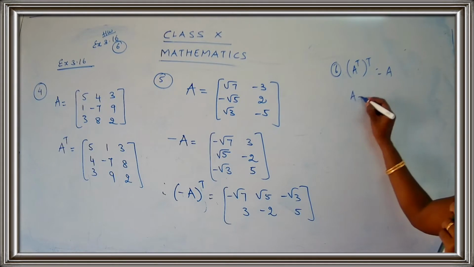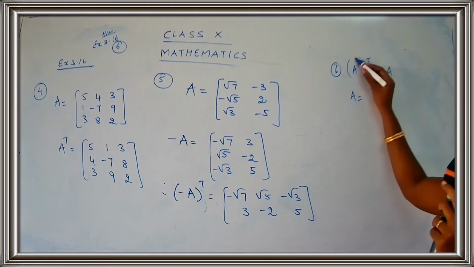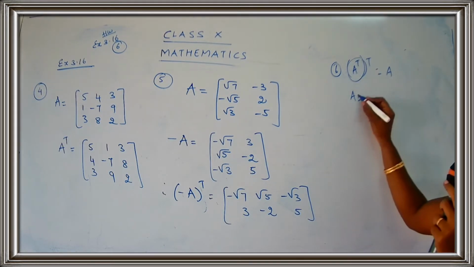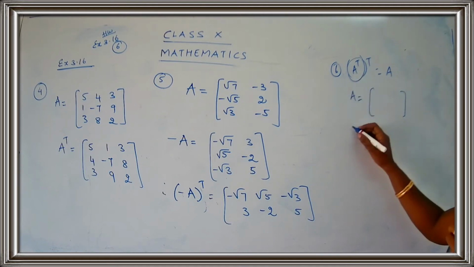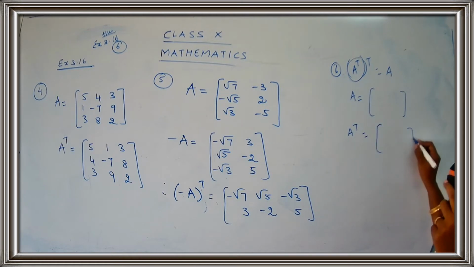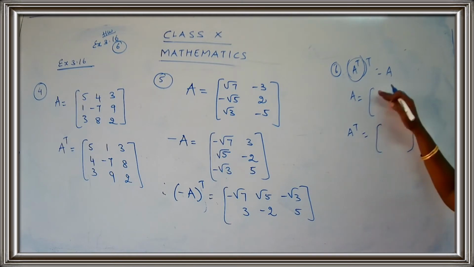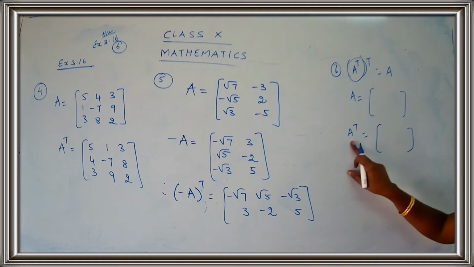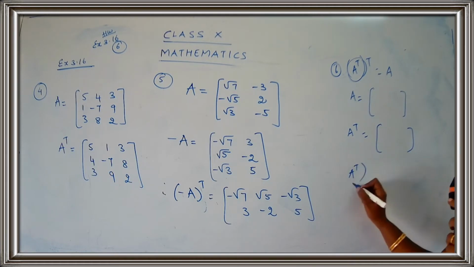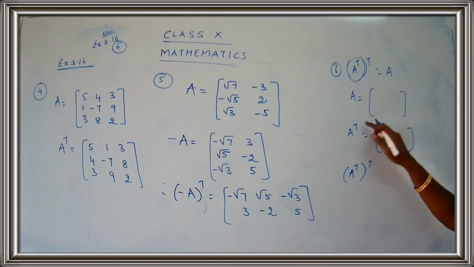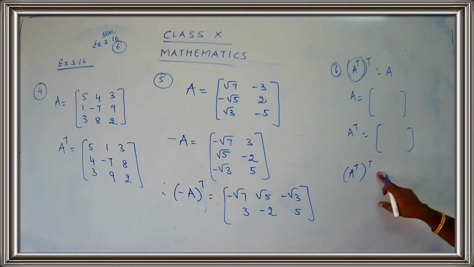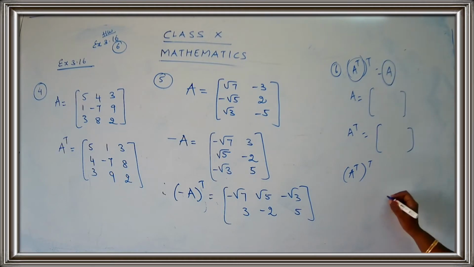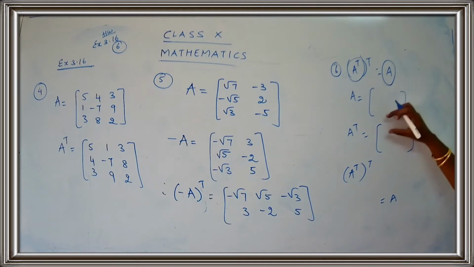So first of all, you have to start with A and you have to find A transpose. So the first step is you have been given the matrix, you write down matrix A, then you have to find A transpose. You know how to find A transpose, you have to interchange the rows and columns. After finding A transpose, you have to find the transpose of it. Transpose means you have to consider this matrix, you have to interchange them and this answer will be equal to A. So you have to say hence verified. Getting the point? So this is A. So you have to get the same answer.